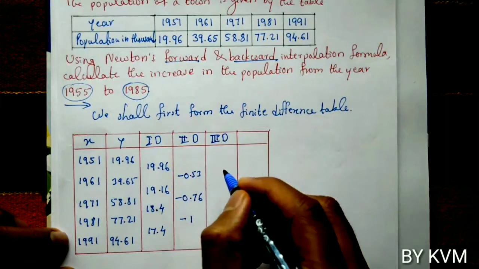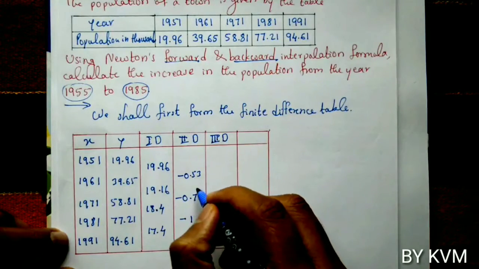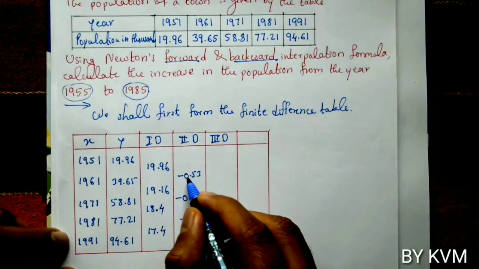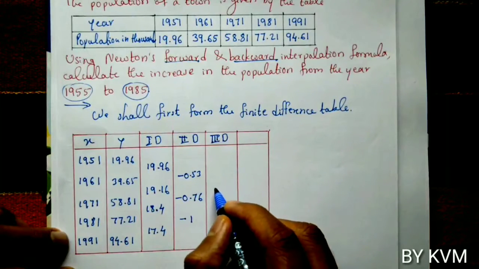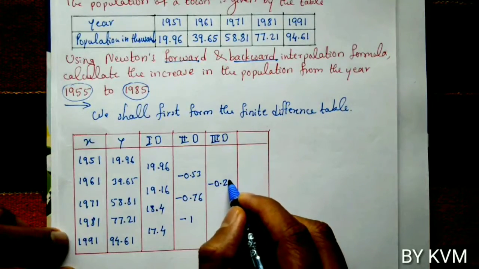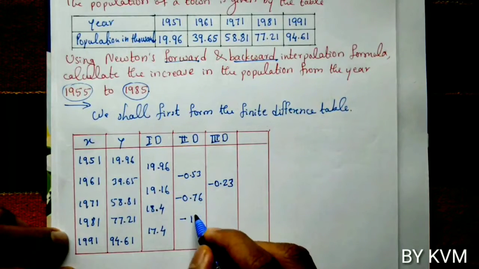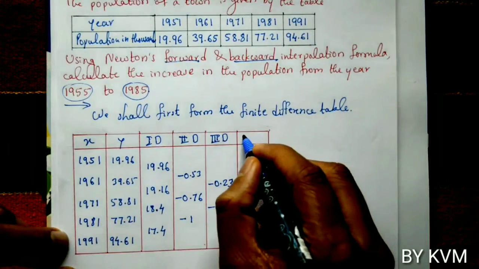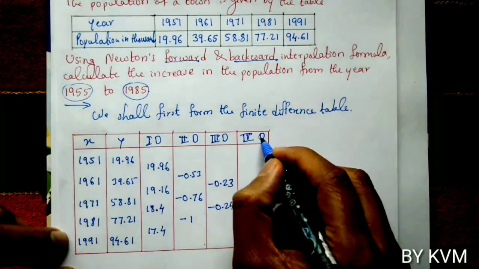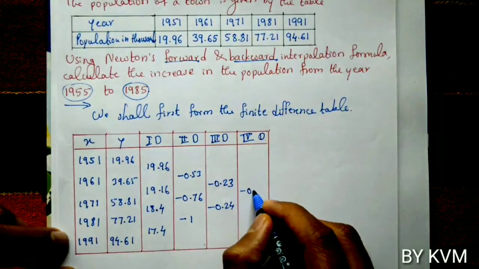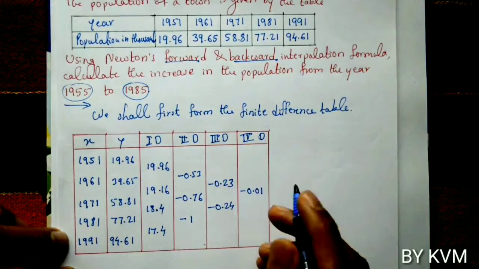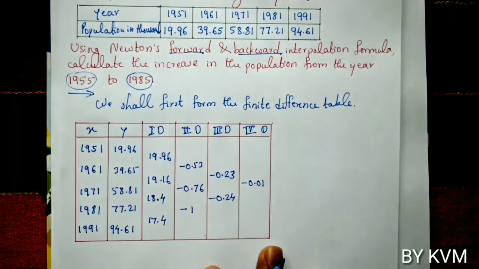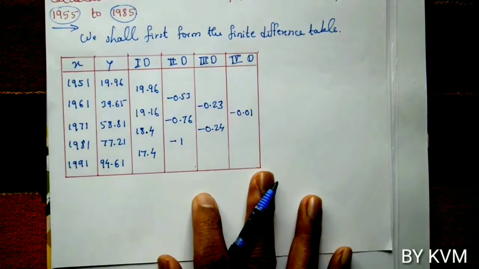Then third differences: minus 0.76 minus of minus 0.53, that is plus 0.53, is minus 0.23, then minus 1 minus of minus 0.76, that is minus 1 plus 0.76, is minus 0.24. Then fourth differences: minus 0.24 plus 0.23 is minus 0.01. So now, after constructing the table,